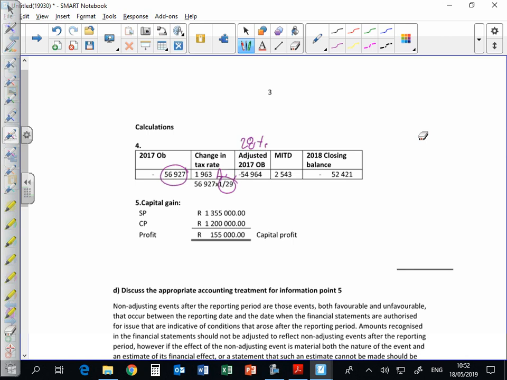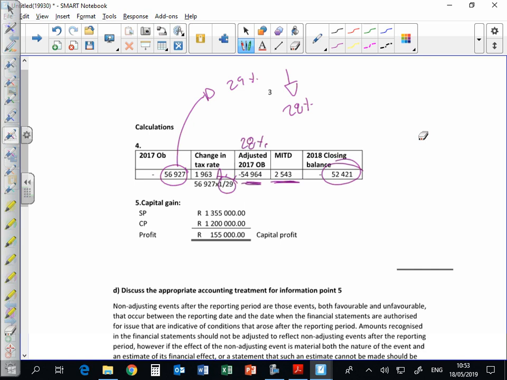This is what we owe SARS when it was at 29%. Because our tax rate reduced to 28%, we now owe them less. Right, so that's why we are reducing our liability. At the end of the year, we had a liability of 52,421, and that means that our movement in temporary difference was again in a positive direction,